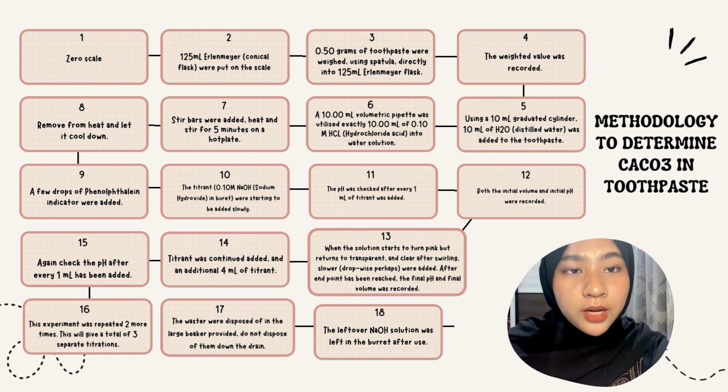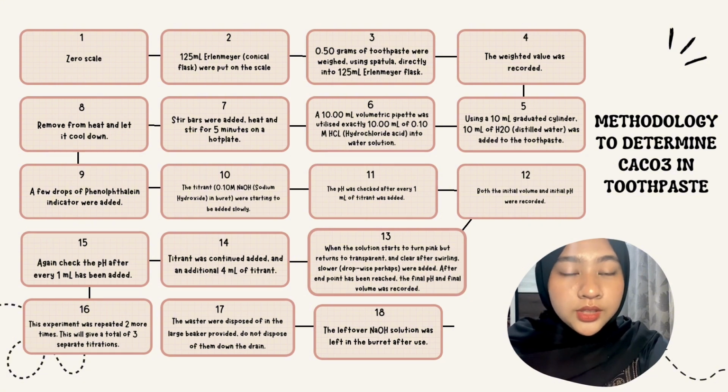Next, 0.5 grams of toothpaste was weighed using a spatula directly into the 125 ml conical flask. The weight value was then recorded. And then, using a 10 ml graduated cylinder, 10 ml of distilled water was added to the toothpaste. A 10 ml volumetric pipette was utilized to add exactly 10 ml of 0.1 M HCl, which is hydrochloric acid, into the water